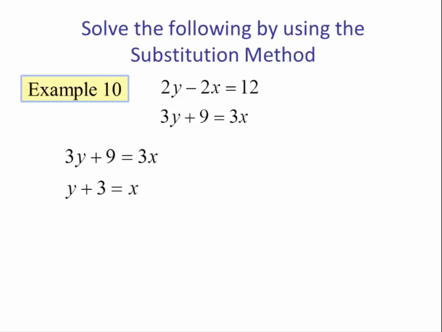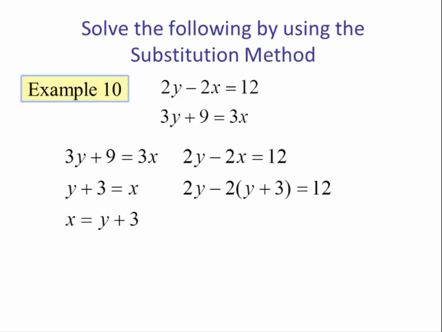So I'm going to divide by 3. This gives me y plus 3 equals x. And of course, that's the same thing as saying x equals y plus 3. So using the first equation, everywhere I see an x, I'm going to substitute y plus 3. So this gives me 2y minus 2 times the quantity y plus 3. That equals 12. Using the distributive property, negative 2 times y and negative 2 times 3, we have 2y minus